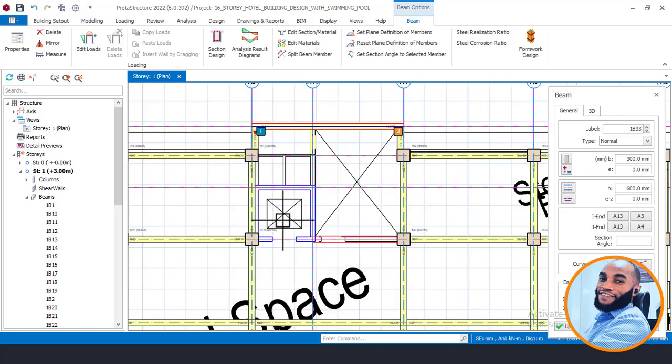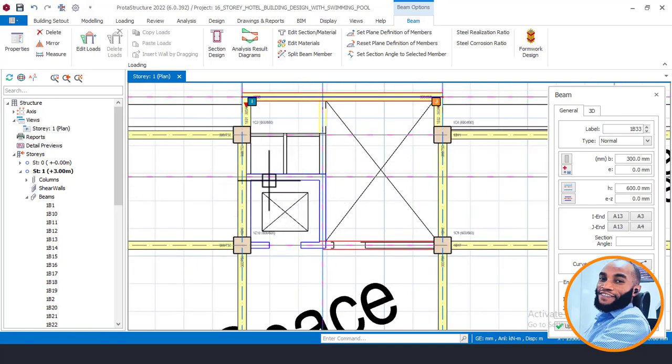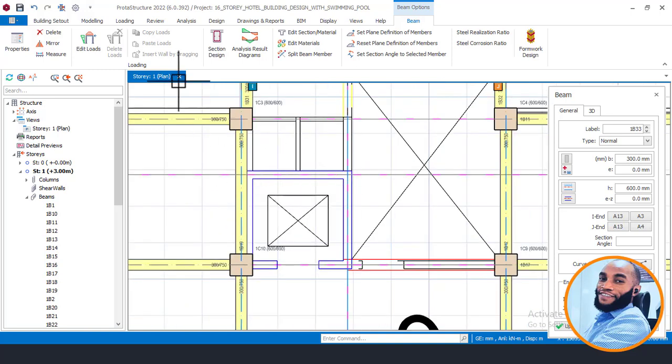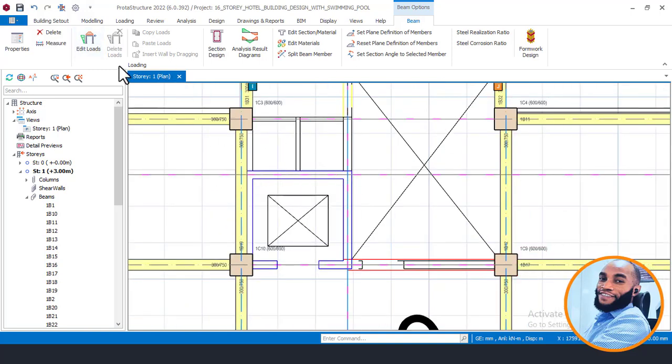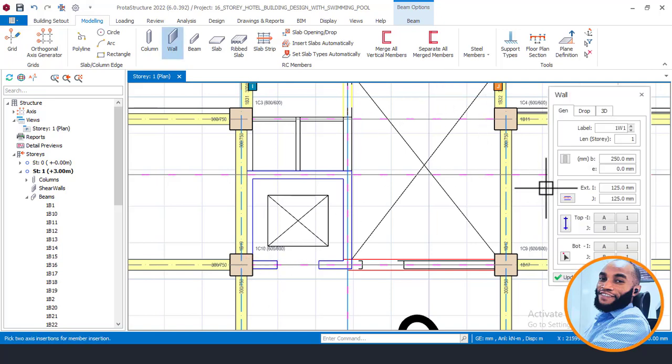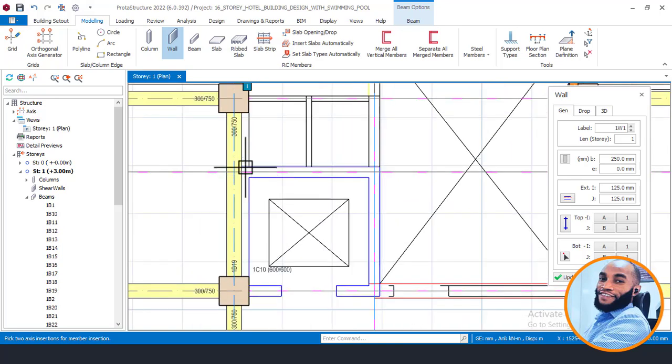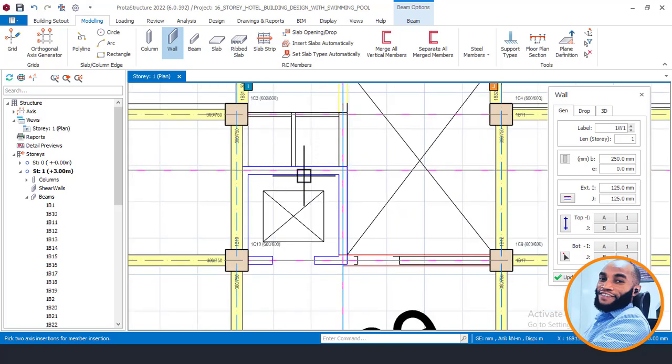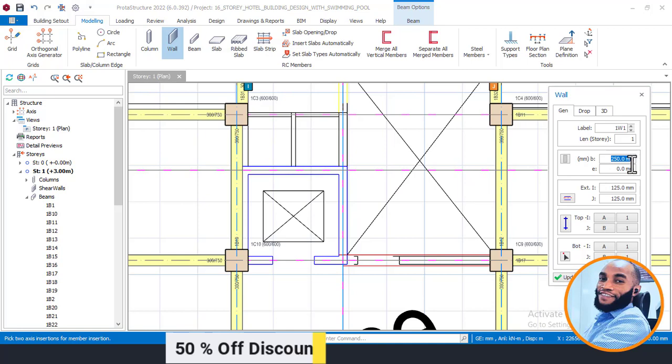Next now is to place our wall here, which is the reinforced wall. So to place our reinforced wall here, escape this beam property and then come here, modeling, and choose concrete wall, which is this wall here, and wait for it to show the dialog box. Okay, so on showing this, I'll have to choose what I want my reinforced concrete wall thickness to be: 250. So I'll come here right now and just add 250 there as it is,